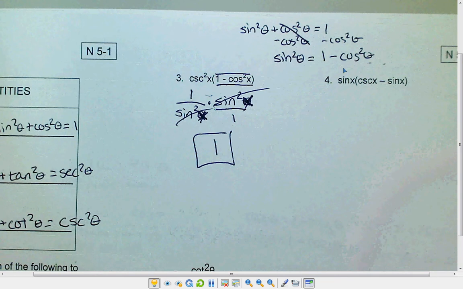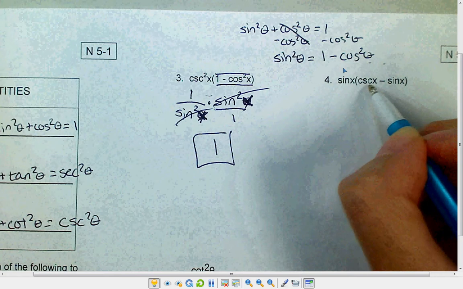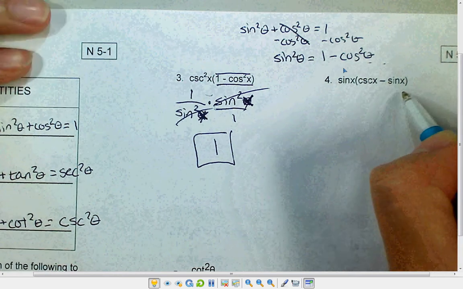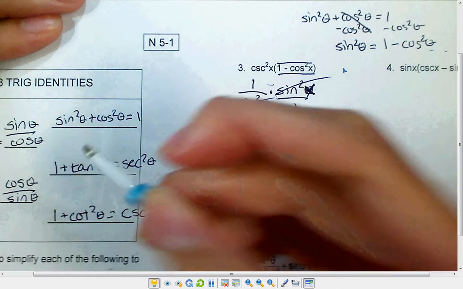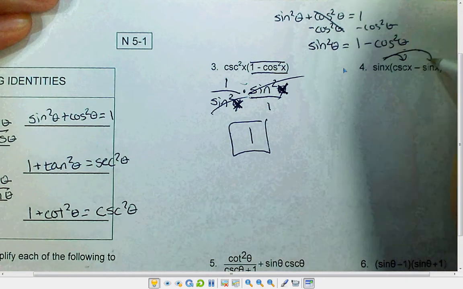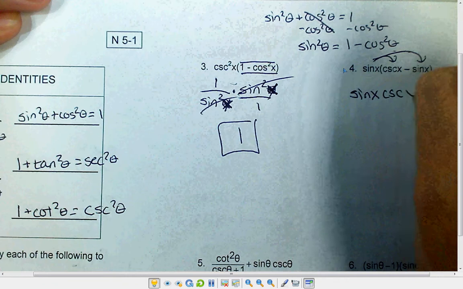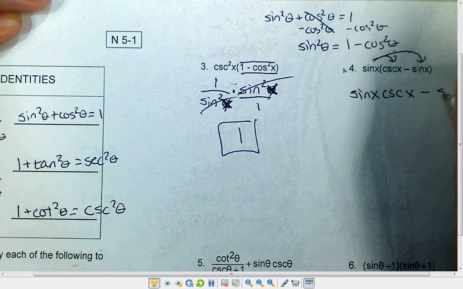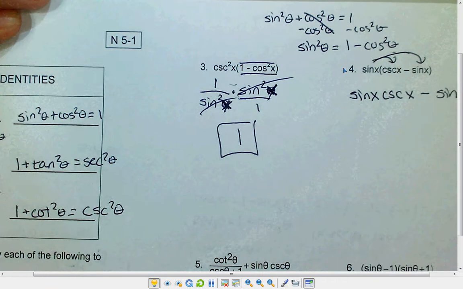Okay, next. So let's look at number 4. So we have sine times cosecant minus sine. So cosecant minus sine, there isn't an identity here that we could change it into. So we're going to distribute this first. So if we distribute this, we have sine x times cosecant x minus sine squared x, because sine times sine